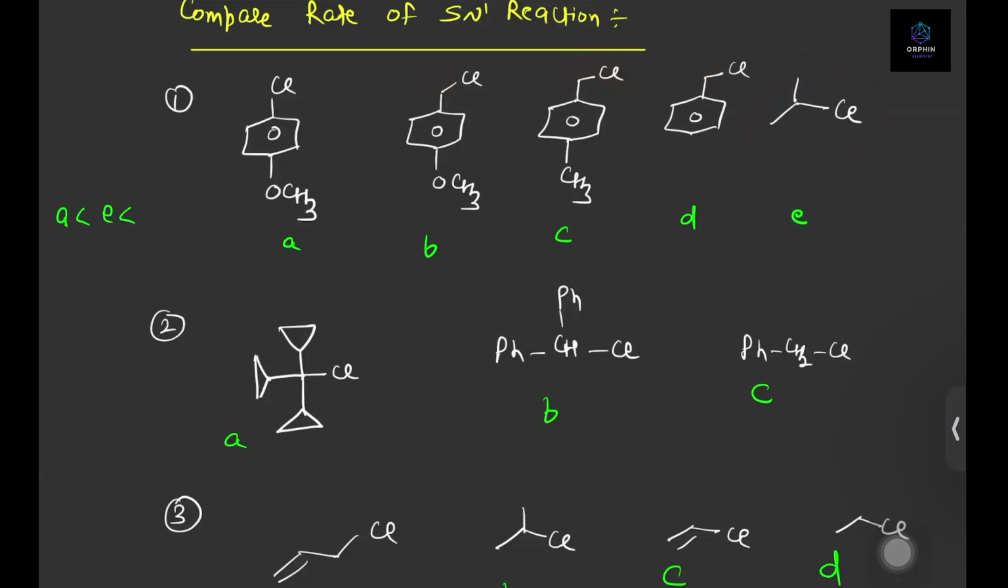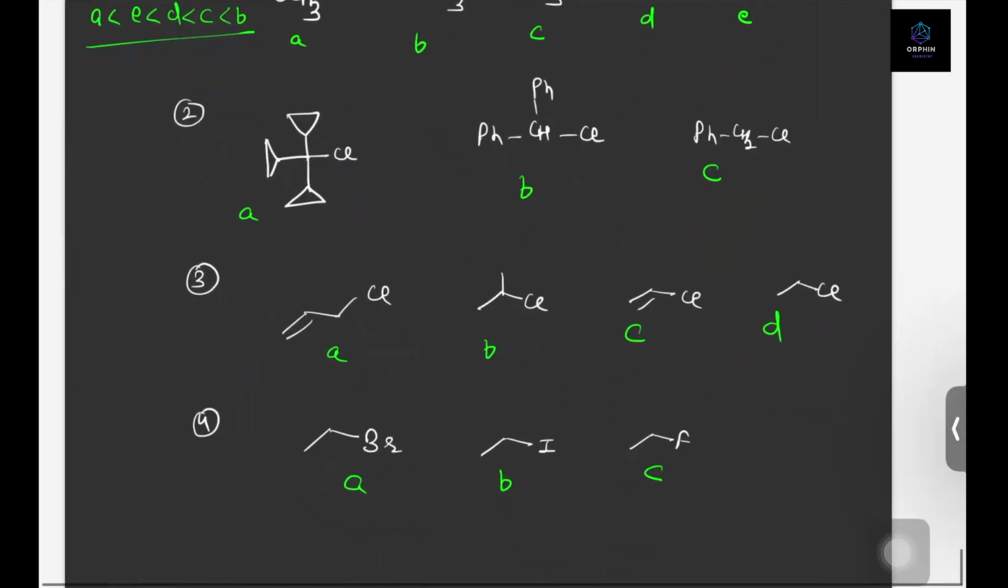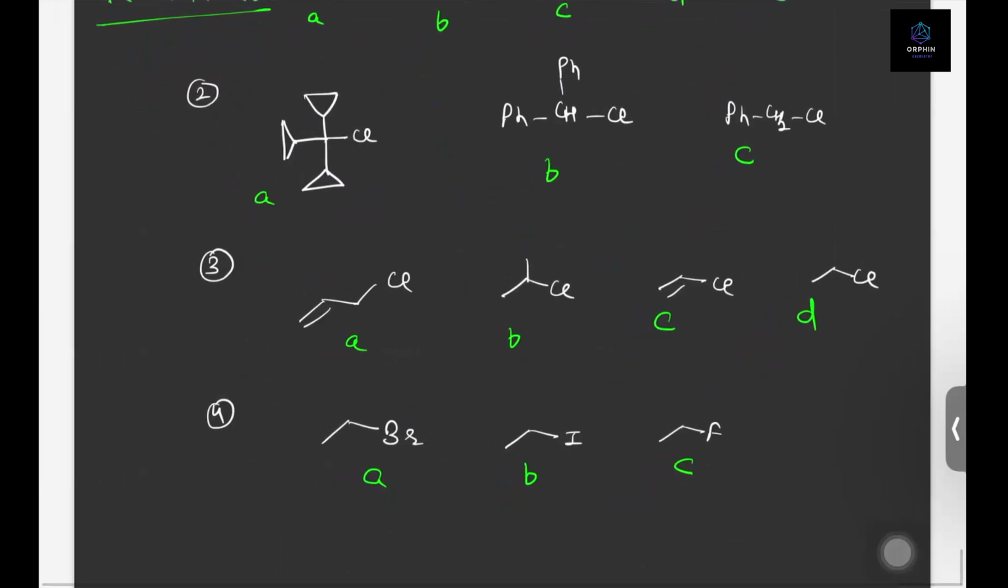Now BCD. In BCD, B will be highest, then C, then D. This will be the order. Okay, if we talk about the second one, A highest, then B, then C. In the case of A, there will be resonance. Because of that, that carbocation is highly stable, even more than the other resonance. Okay, in the third one,